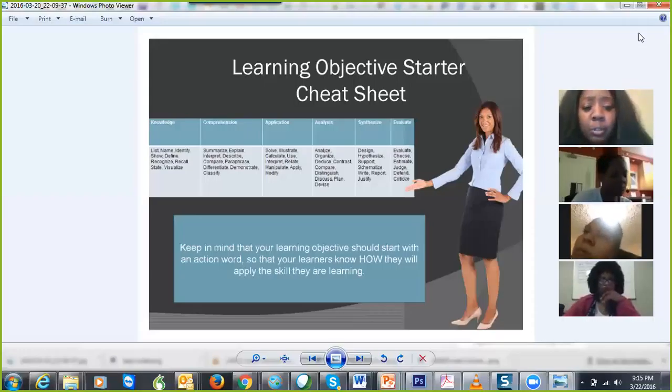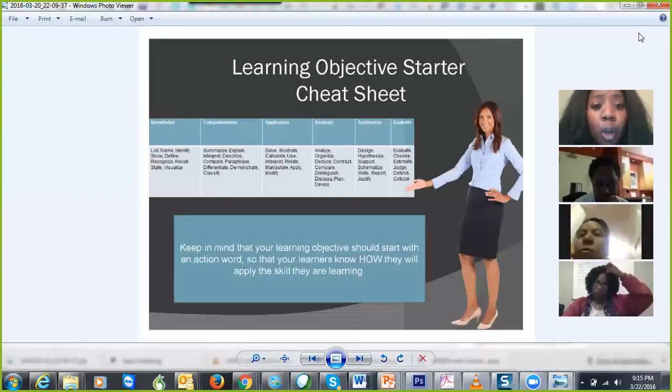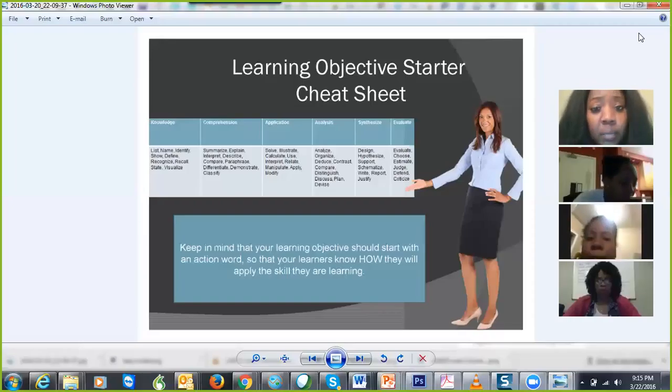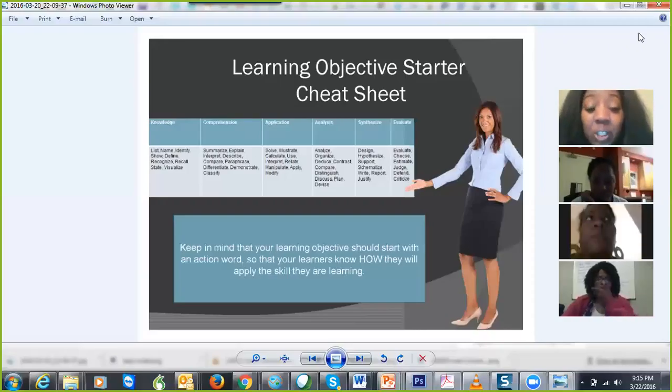You're going to ask them to do things like explain or interpret or demonstrate. These things will show or indicate that the person is actually comprehending what you're teaching. This is really important, especially for those of you who have performance-based courses where you are expecting the person to change their behavior. These are great words to use to demonstrate that they've actually